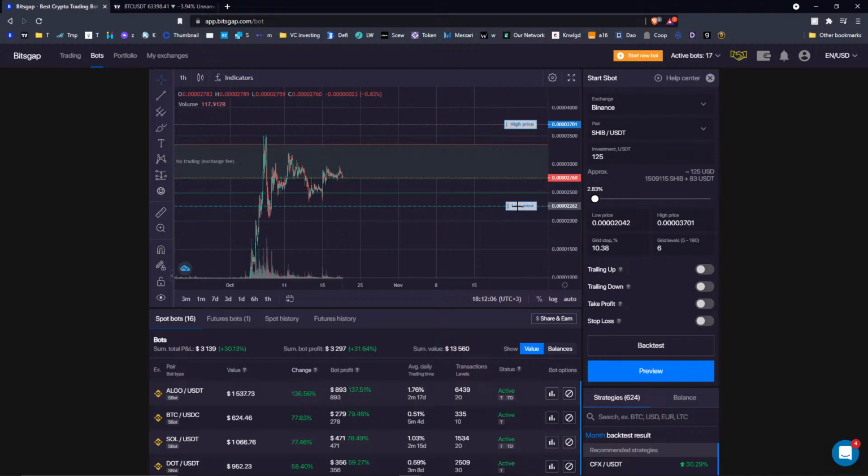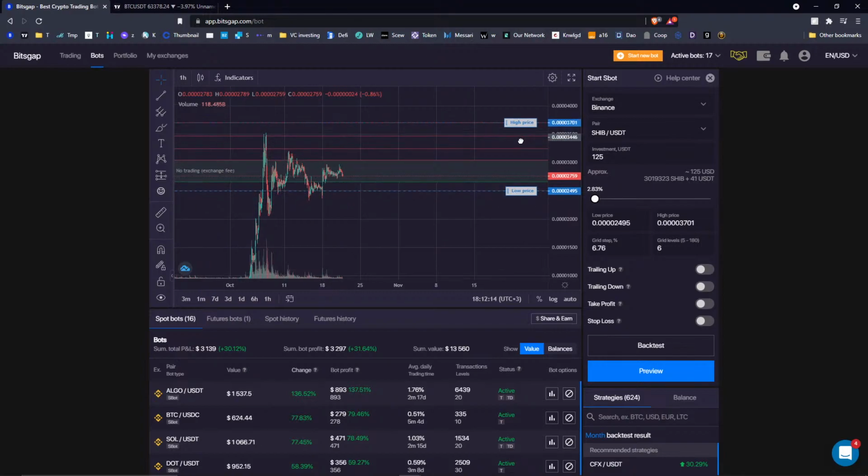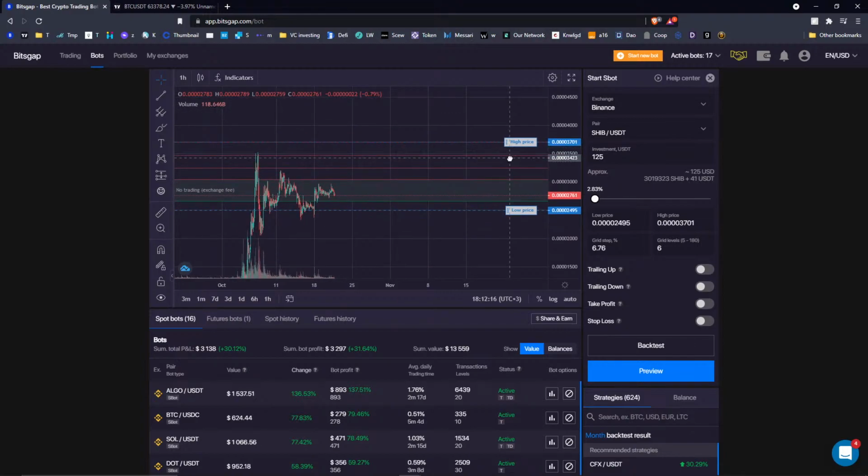But what you can do is actually lower it like this. So by narrowing down the trading range, you basically can still afford this bot worth $125. But now with 6 grids, you see the grid step is not 10%, but 6%. So it can be your configuration for this concrete cryptocurrency, okay?